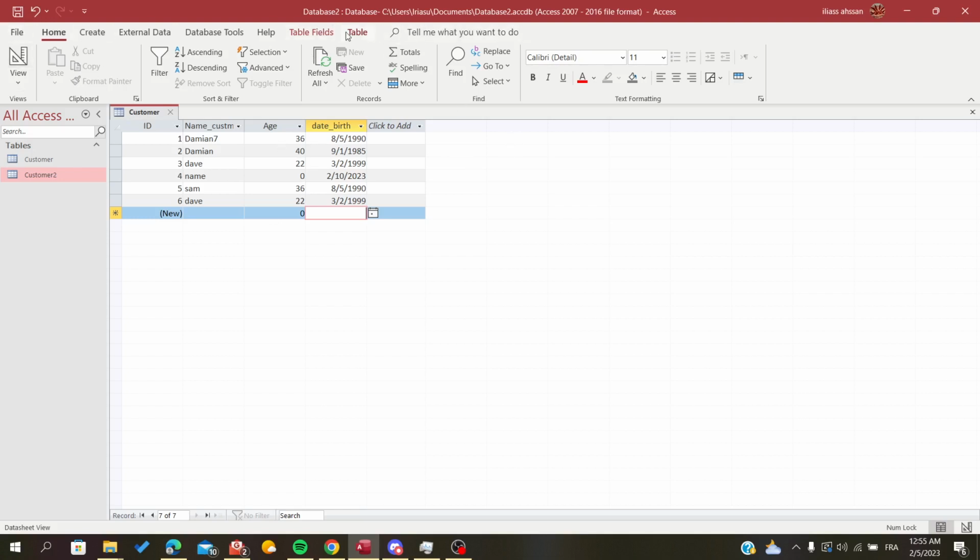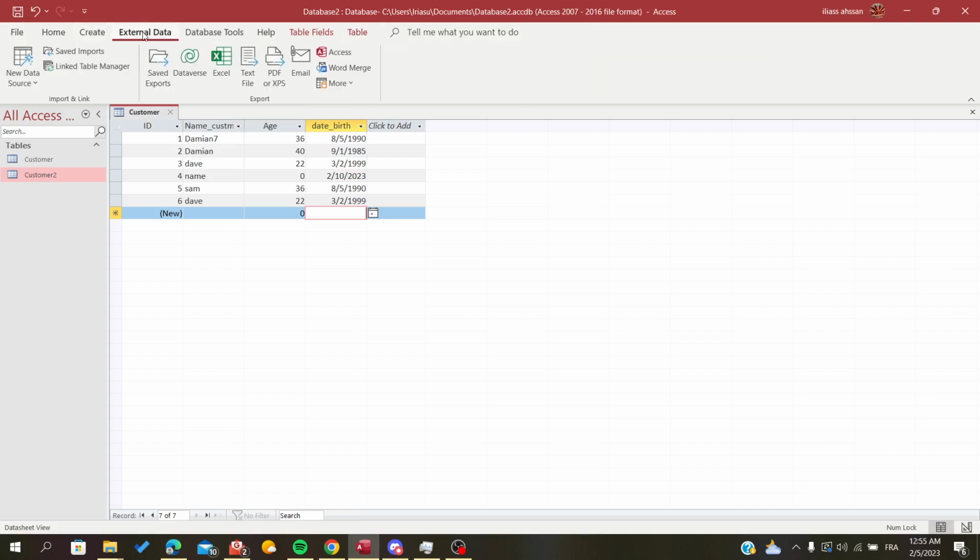Here you will find this ribbon and we are going to choose External Data and click on this tab. After clicking on the External Data tab, we are going to New Data Source here. We are not going to click on the Excel because this section is concerning the exporting of data. So you are going to take the data from Access and take it to other places like another database, etc. So to import the data, we need to go to the import section and go to